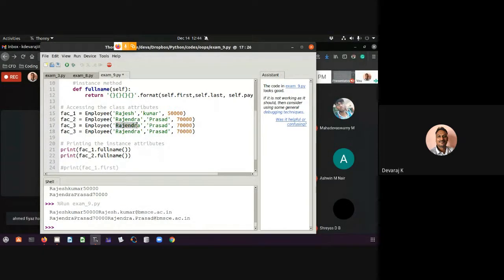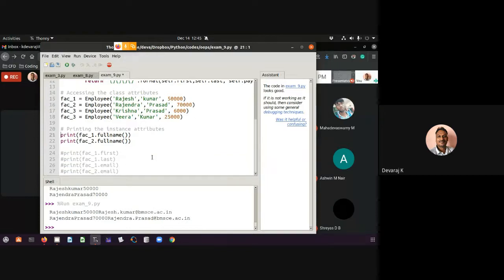If, for example, this is like Krishna Prasad, then Veera Kumar, something like that. I'm trying to give some name. So I think around 6,000, and the other one is around 25,000. Okay, I'm just trying to save it. Whatever I want, I can get it actually. So I need not do it every time, I just have to run this particular instance. That's it. I'll get all the things I have defined. If there are 50 people, all the 50 I can get.